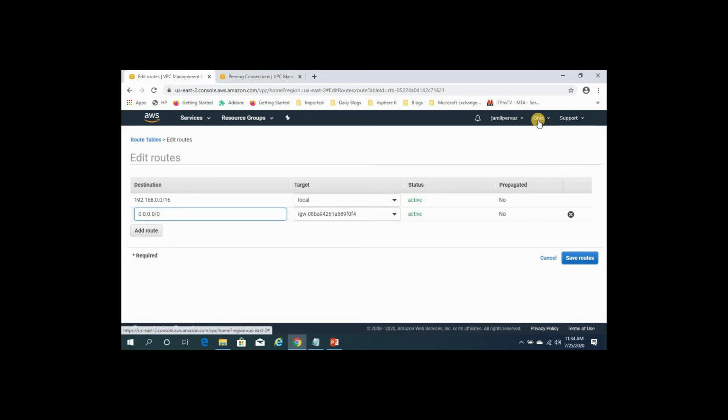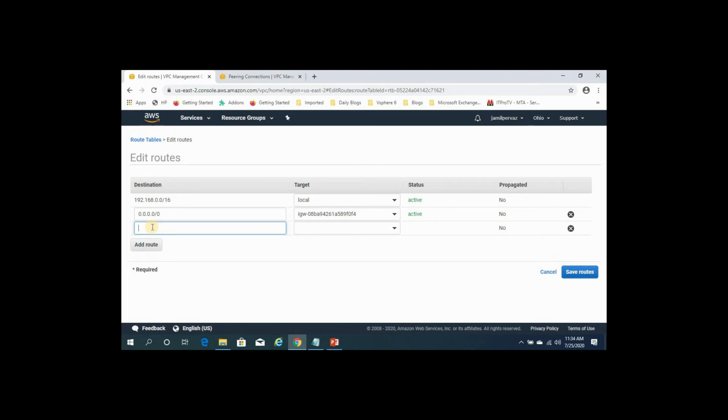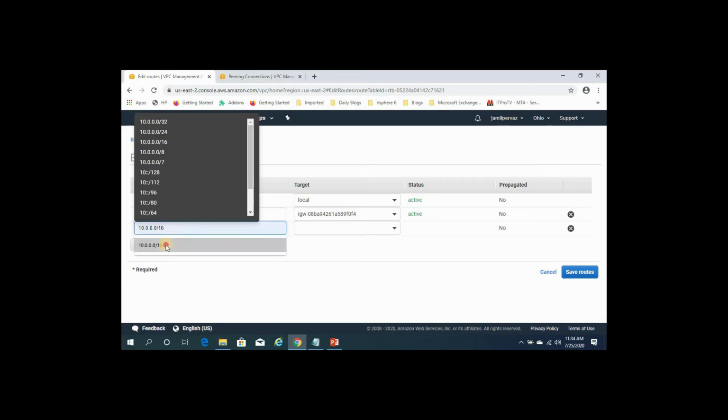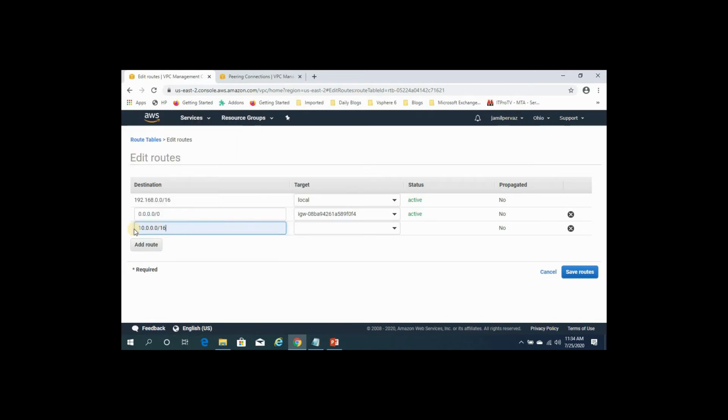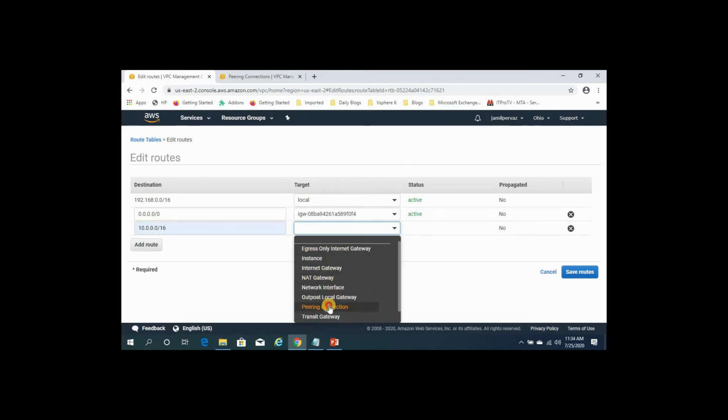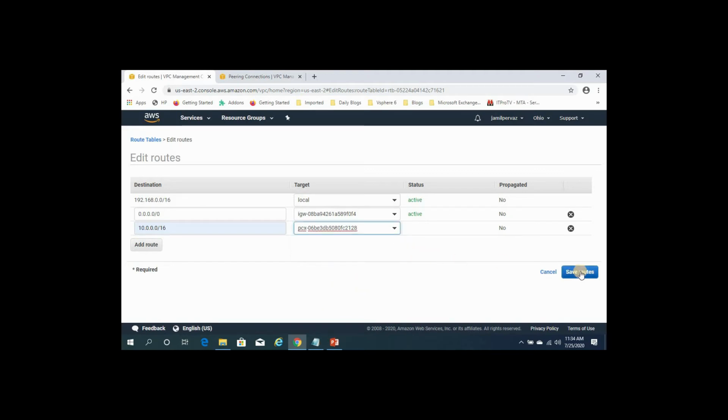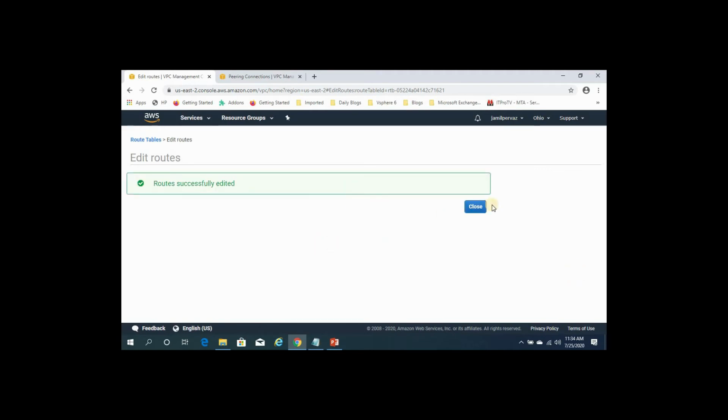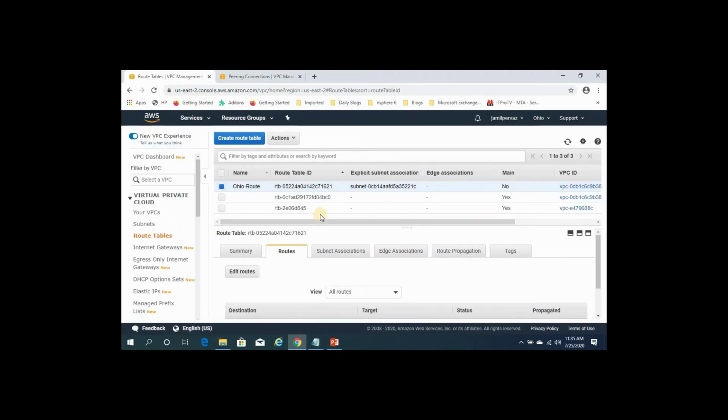Click add route, type your Tokyo IP version 4 route address. Under target, select peering connection, select peering Ohio Tokyo, save routes, click close.